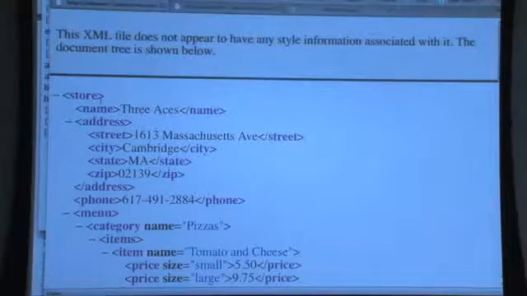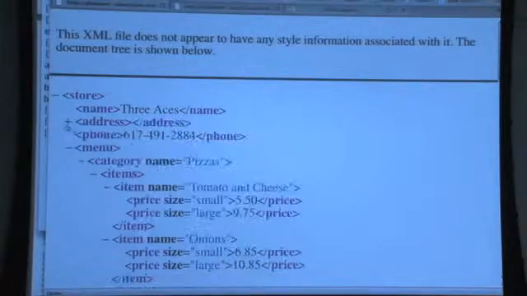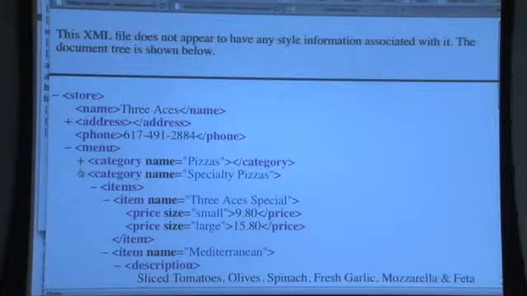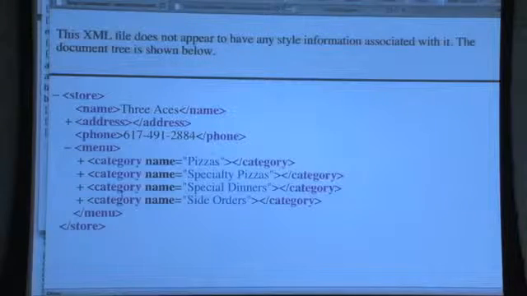So let's actually shrink this so that you will see. We don't care about the address. We do care about the menu. So let's shrink the items here. So we're querying for expat, which will give us all the categories. So it'll just give us each of these elements in an array. So once that is done,